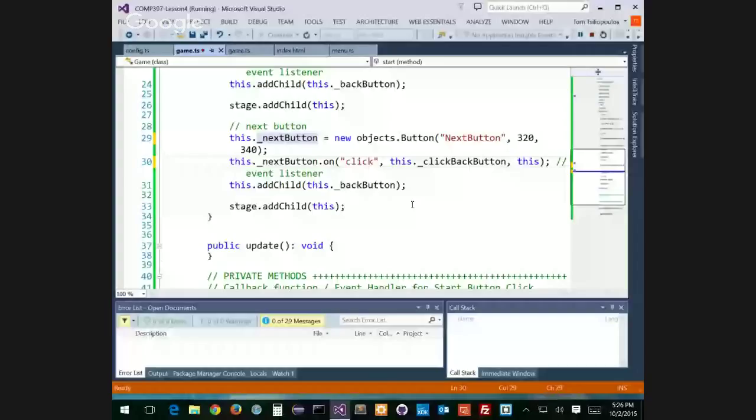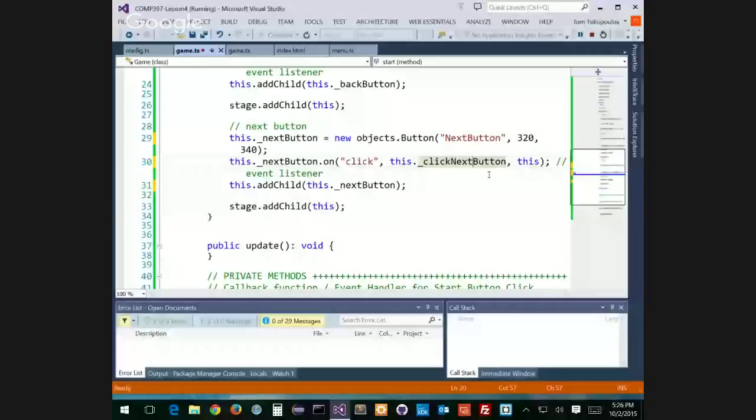That's going to make it so that I can go next. So there's going to be a click next button. I don't have that yet. Let's add it in. Click the next button event. And I'm going to add it in because here's my private method. I have one that's a callback function for my back button. I'm going to make another callback function, a private callback function for my next button, which is going to go